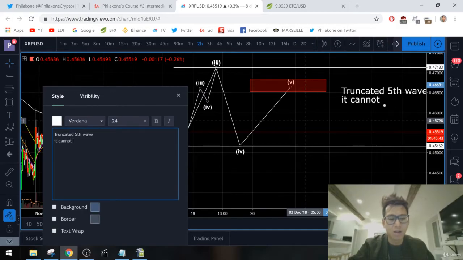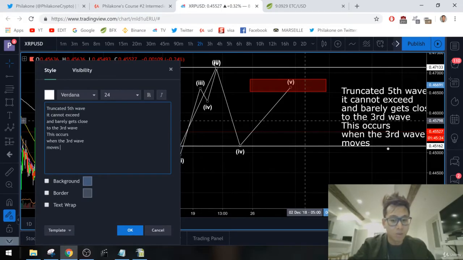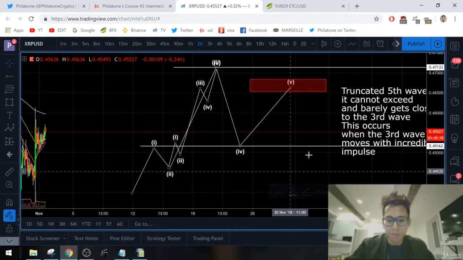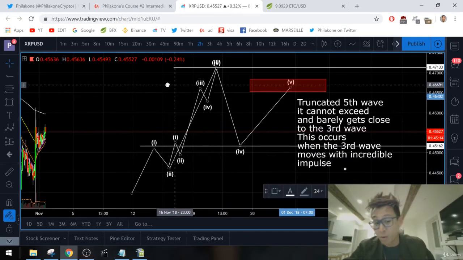It cannot get close, or it cannot exceed, and barely gets close to the 3rd wave. Okay, and this occurs, I'm just going to write this, occurs when the third wave moves with incredible impulse. Make sense? Because the third wave moves with such high ferocity, or whatever word you would like to use